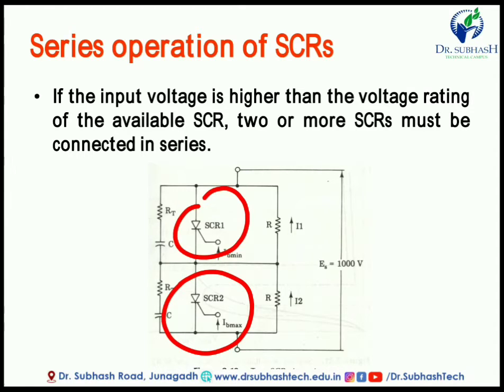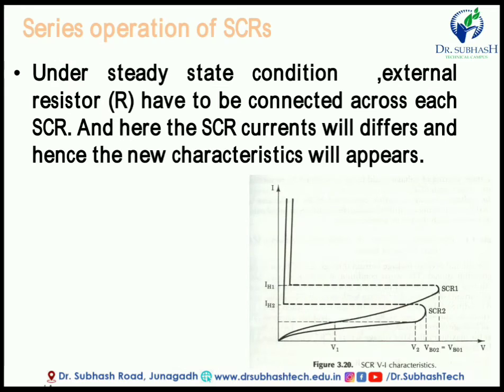You can also find out what a snubber circuit is in the next video, but the snubber circuit is also required for the protection of SCR1 and SCR2. Here only two SCRs are given, but according to our requirement we can add or remove more than one SCR so we can handle the high voltage. Here you have to remember: series operation is for high voltage.